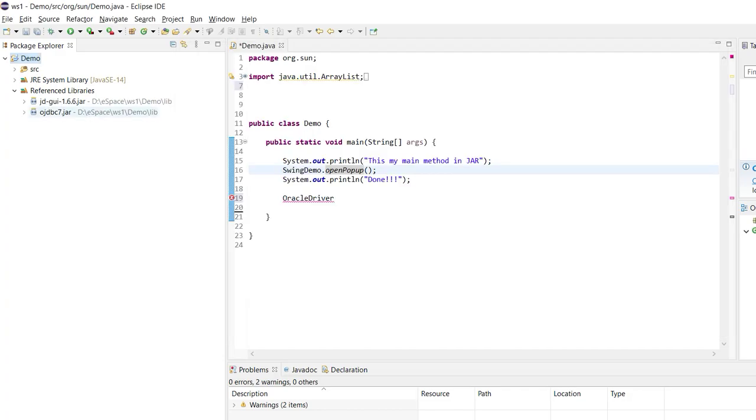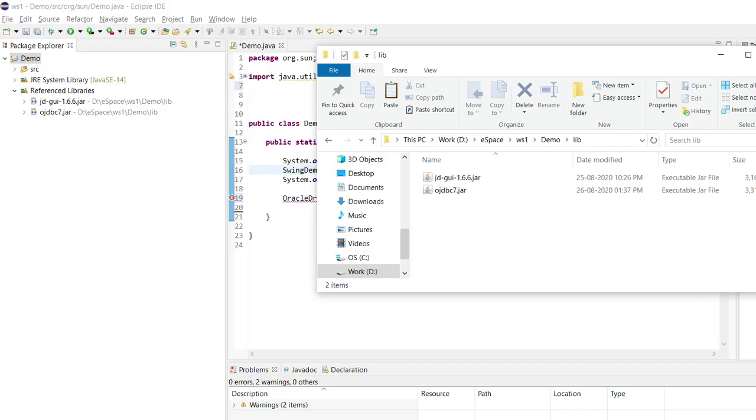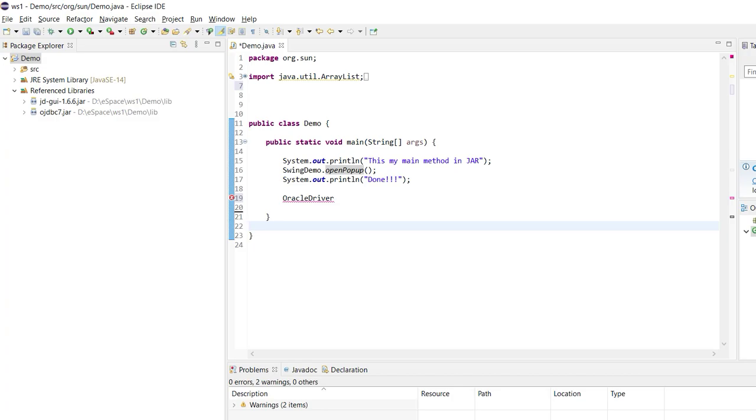Now you can see both jars are available here. So this is a better approach because the jar files will be inside your workspace project itself, so that if you move that project to some other place also, you will have those jars associated with it. Yeah, that's all for now on how to set the class path to an external jar file in Eclipse.